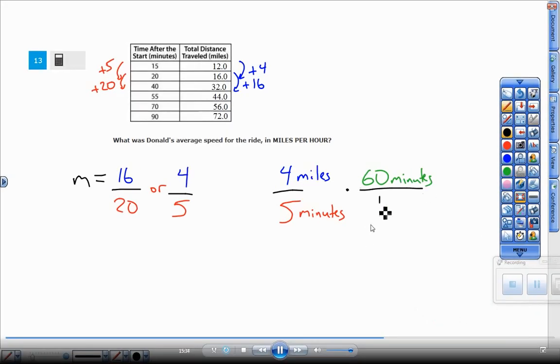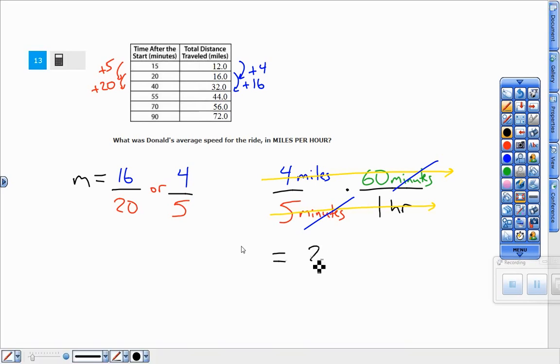And then when I times straight across, my minutes units will cancel and leave me miles over hour. But then I need to multiply 4 and 60 and divide that by 5. So again, the minutes units will cancel and leave me miles over hour. 4 times 60 gives me 240